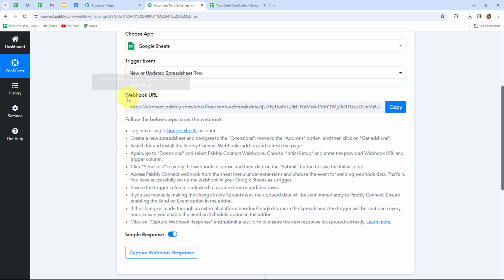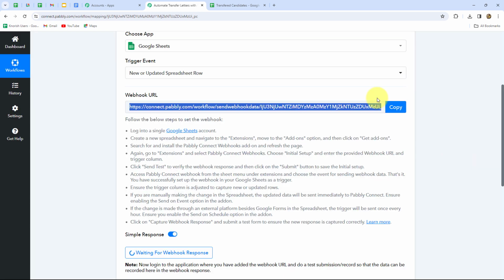Okay, as we have done that, we can find that a webhook URL is provided to us along with some instructions. So we need to follow these instructions step by step to connect our Google Sheets with Pabbly Connect. And for that, the webhook URL which is provided to us is going to act as a bridge for sending the data from Google Sheets towards Pabbly Connect. So first of all, I'm going to copy this webhook URL from here,